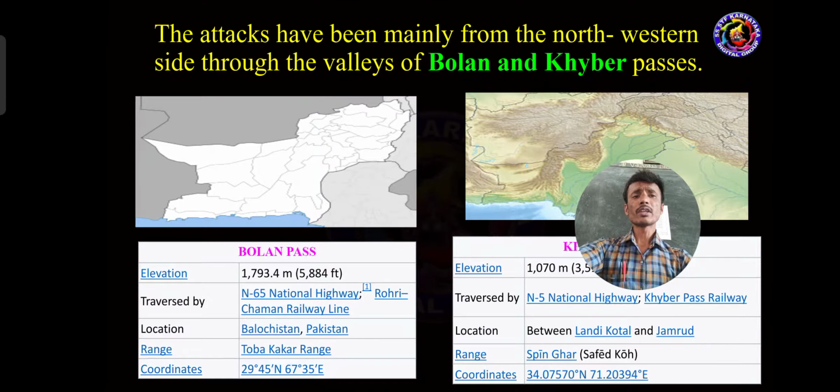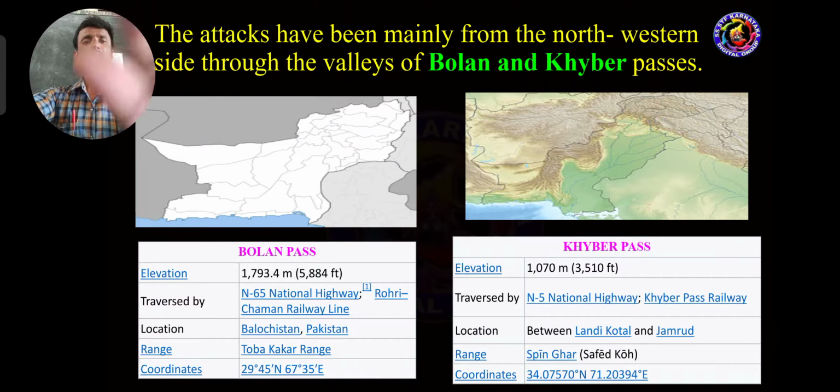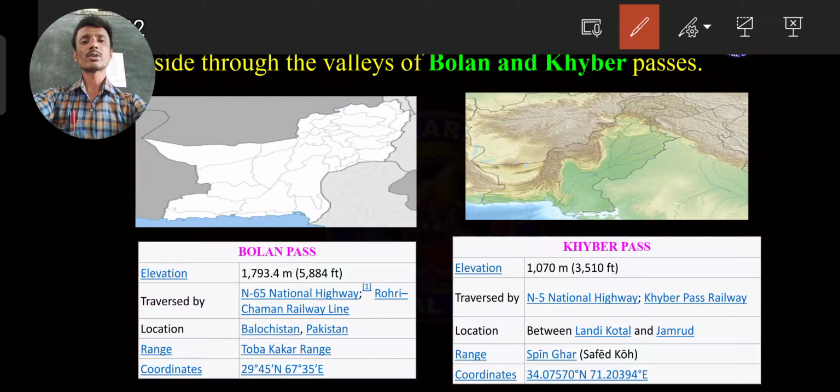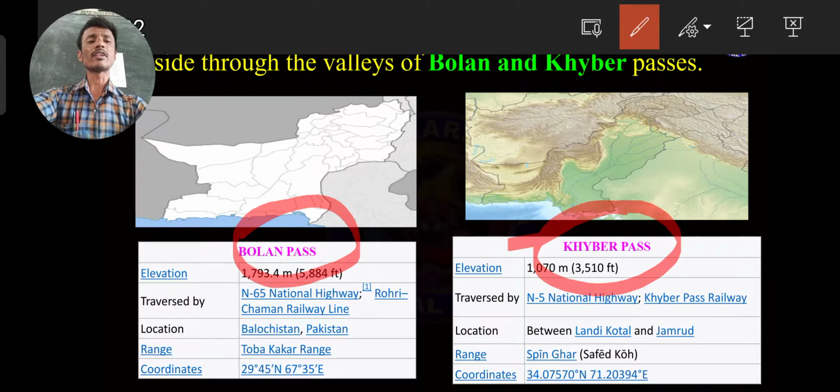Look at which are the two important intrusions. The one is the Bolan Pass and the other one is the Khyber Pass. By using these two routes, most of the foreigners came to India to attack. So we consider this the intrusions between rocks area, because India is surrounded by water on three sides: